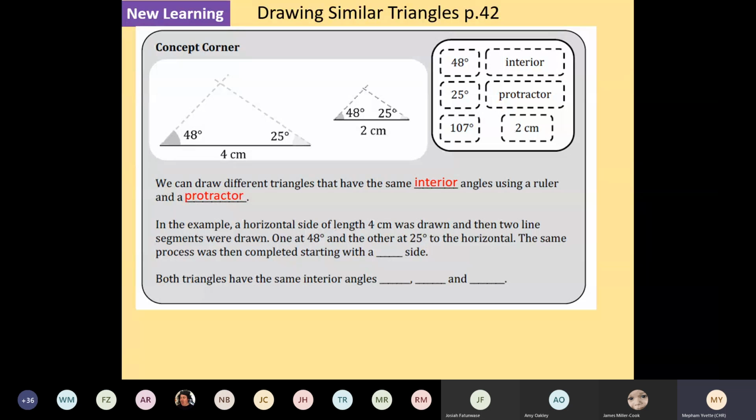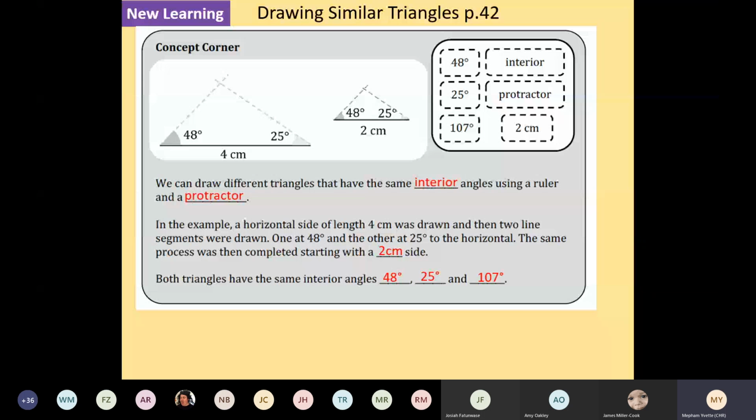In the example, a horizontal side of length 4 centimeters was drawn, and then 2 line segments were drawn. So you can see that on the left side of the diagram, one at 48 degrees and the other at 25 degrees to the horizontal, so the baseline. The same process was then completed starting with a 2 centimeter side, so the right side of this diagram. Both triangles have the same interior angles, 48 degrees, you can see that, 25 degrees, you can also see that,